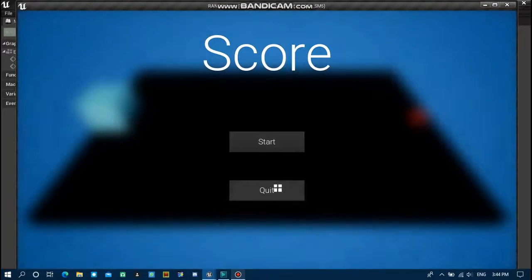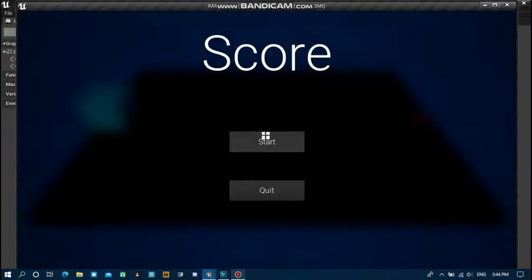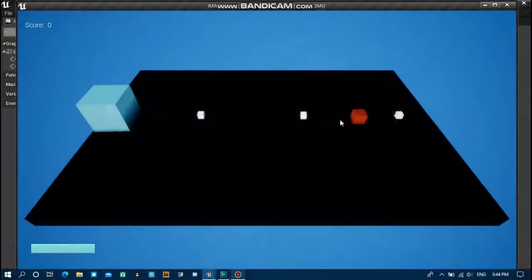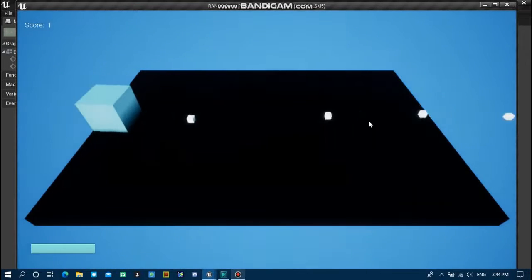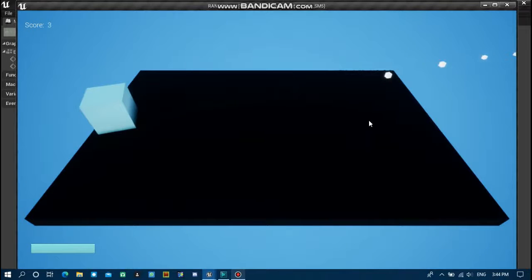There's start, there's quit. You can press quit to quit the application. It actually shows it right there because it just quits the runtime. And we can press start to set the game paused to false and then play the game. And here we can see the gameplay UI that we constructed in the